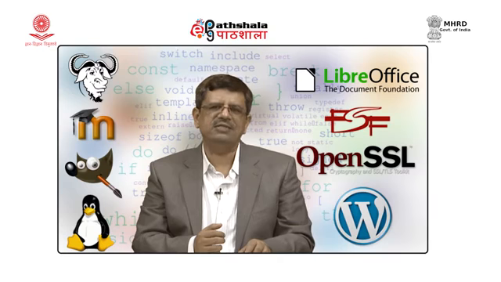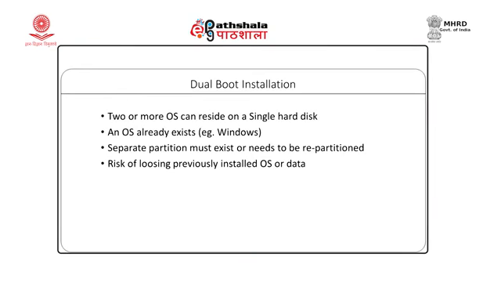The other way of installing Linux is using a dual boot system. So, in dual boot, usually the hard disk is partitioned. There can be 2 or more operating systems. If there are multiple partitions, we can use multiple operating systems, but generally we keep 2 operating systems, that is why the name is dual boot. So, on one partition there will be operating system 1, on another partition there will be operating system 2. As and when required, we can boot either of the operating systems.